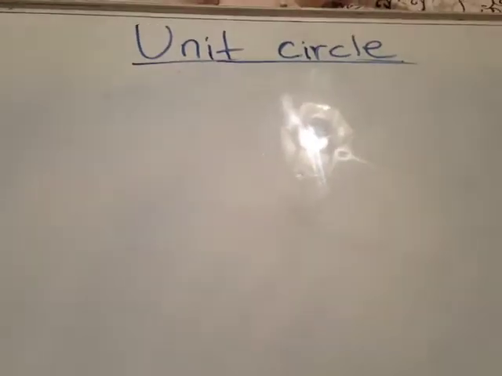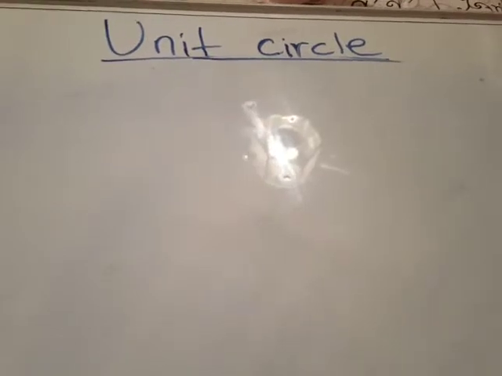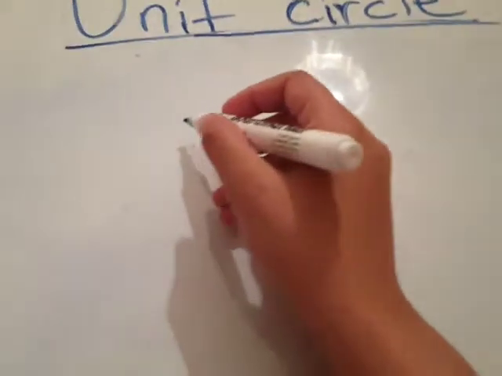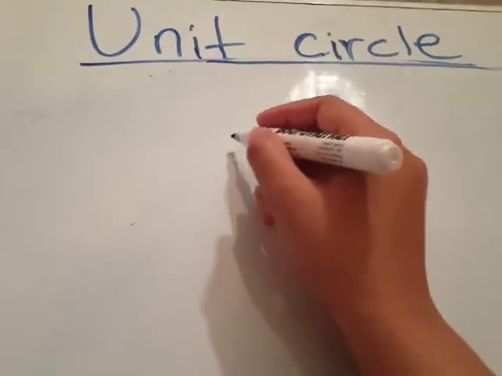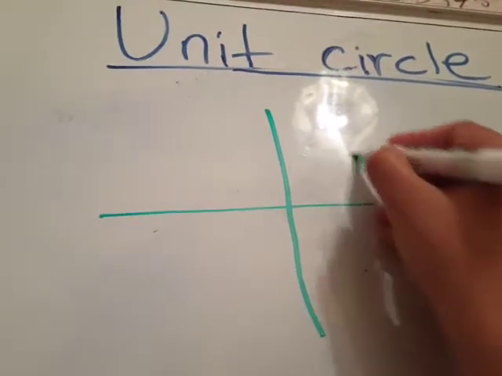Okay, now let's talk about how to find the values of different angles. So for example, you have this. First, let me explain that. If you have a unit circle like this,